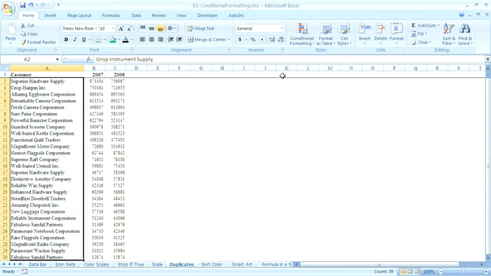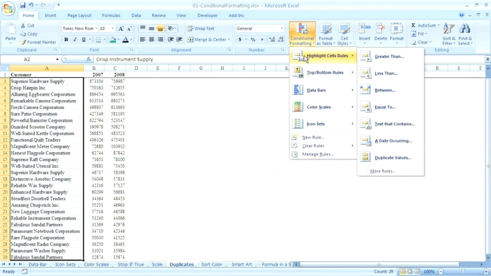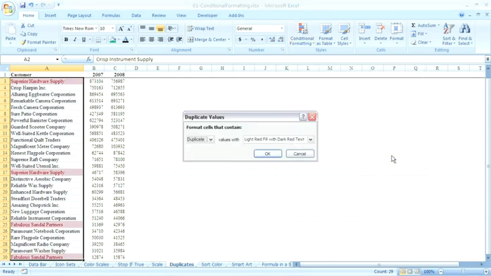Go to conditional formatting, choose Highlight Cells Rules, and then choose Duplicate Values. There it is. Somehow, Superior Hardware managed to slip in here twice, as well as Fabulous Sandal Partners. Might be where someone keyed the account number wrong, or when they came back, we didn't realize that they were